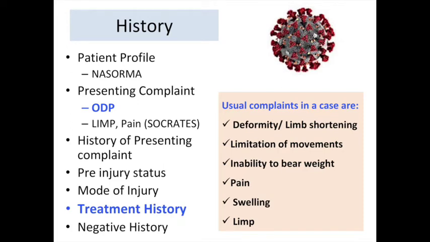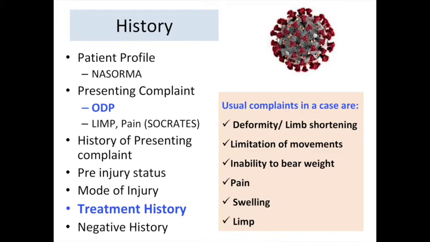There might be some amount of swelling which the patient might complain of on the outer aspect of the upper thigh, and definitely the gait of the patient changes from what he had before injury, and that is what he describes as a limp. Now that limp could be unaided or aided, meaning that he might be using some walking aid for moving around, or he would be walking without any aid. So we need to know about the onset, the duration, and the progress of each symptom in chronology, and then describe the history of presenting complaint. I will come to a few classical examples in my subsequent slides.